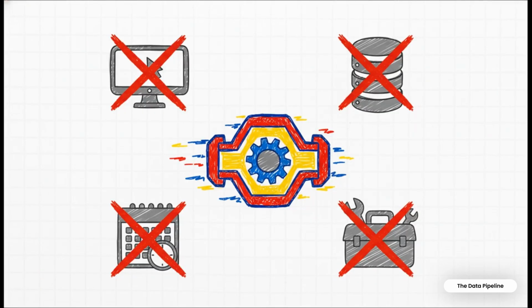Now, here's what's maybe even more important to understand: what Spark isn't. And this trips a lot of people up. You don't just log into Spark. It has no user interface. There's no easy button to schedule your jobs, no built-in system to manage your storage. It's just pure, raw, unadulterated power. Think of it as just the framework, waiting for someone to build something cool on top of it.